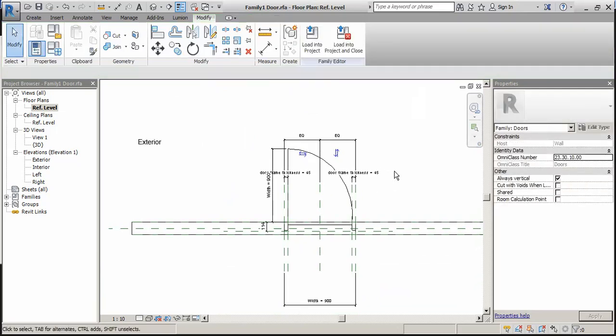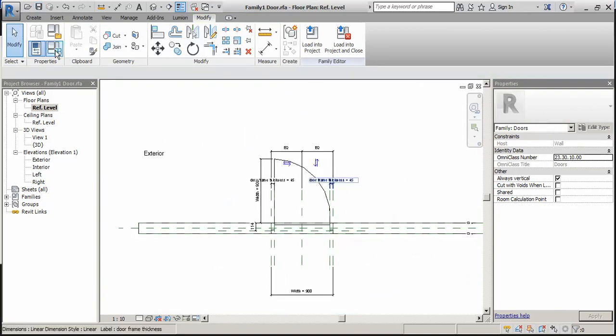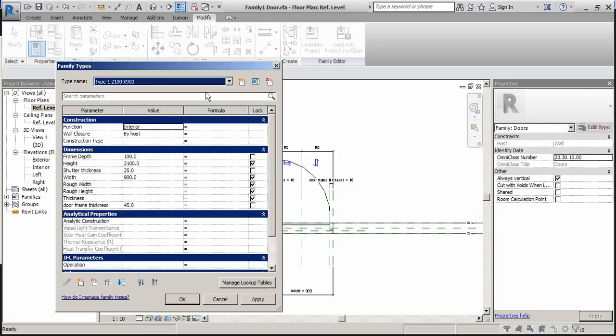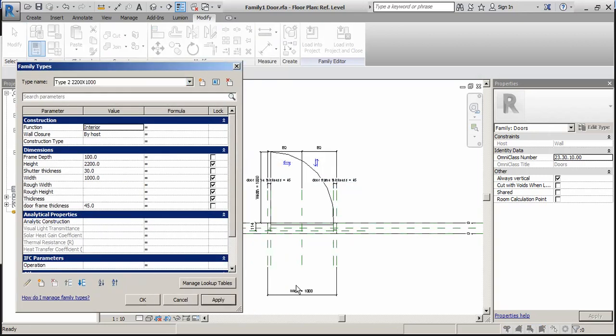Now we will save this one. Now if we change this to 2200 and we will apply this, so you can see this changes automatically.